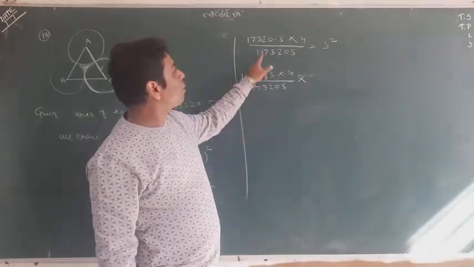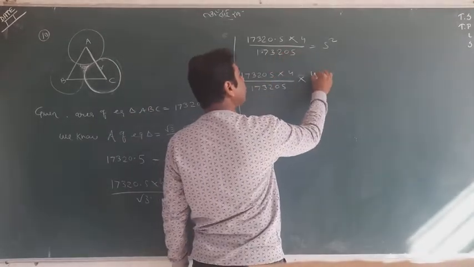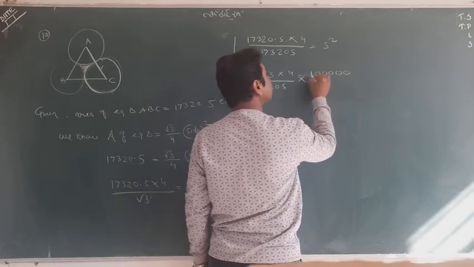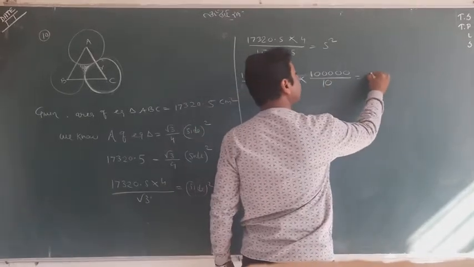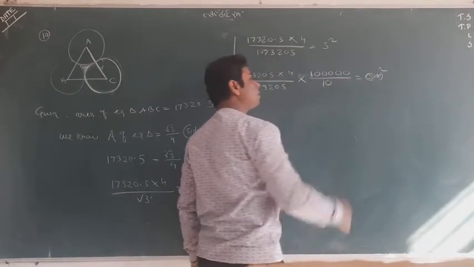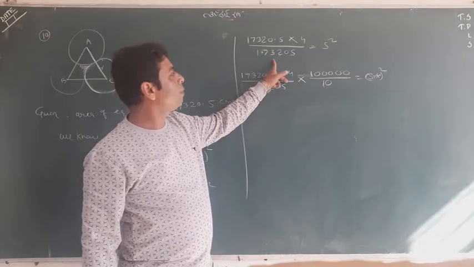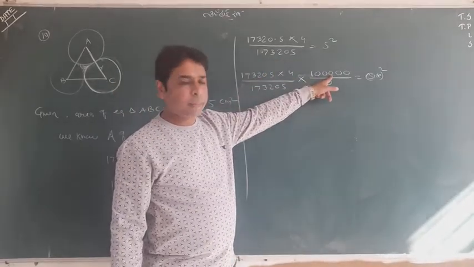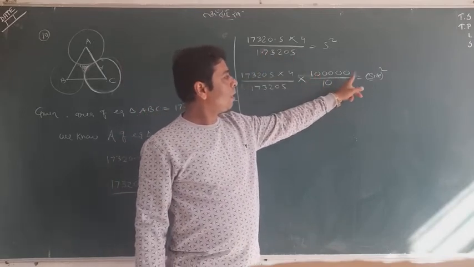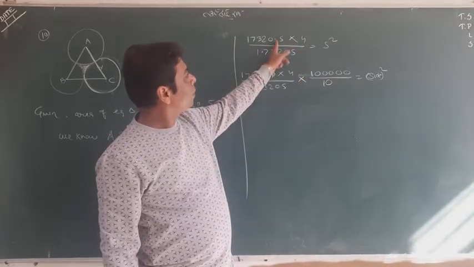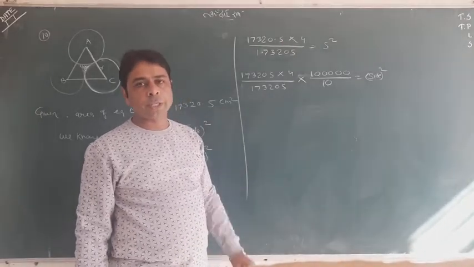I will balance it now. After decimal we have 5 digits in the denominator, so I will extend 1, 2, 3, 4, 5 zeros here. That balances it. And we have 1 digit after decimal in the numerator, so only 10 will be written downside. This is side square. Please try to understand this simple method. If the decimal number is in the denominator, we will multiply by 1 lakh, since after decimal we have 5 digits, and since there was 1 digit after decimal in the numerator, we multiply by 10 in the denominator, and that balances it.